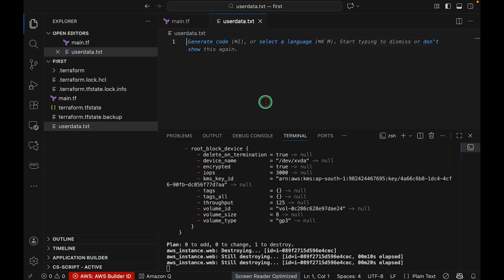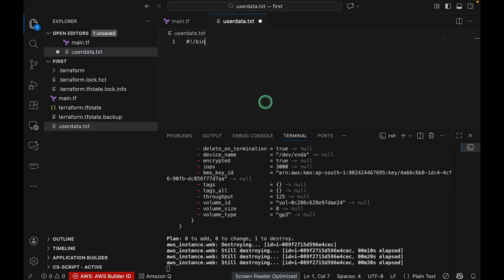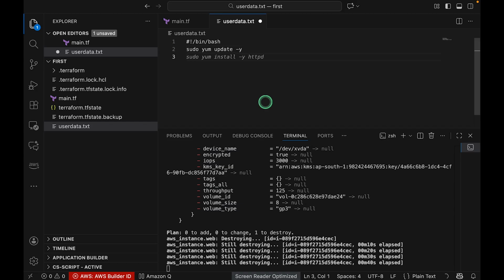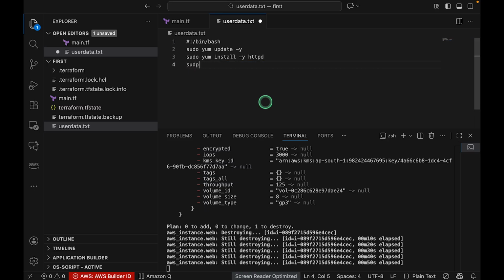Within this file I'm going to give shebang bin slash bash, then the same command, sudo yum update the operating system, and then install httpd, then start httpd, but with a single command we can do sudo